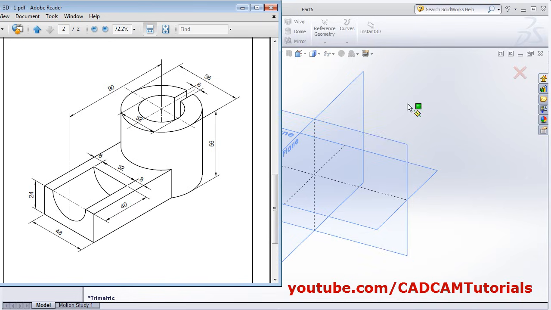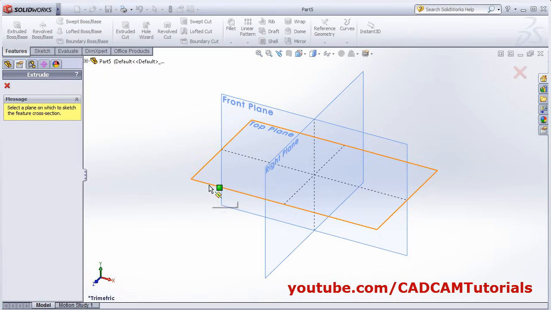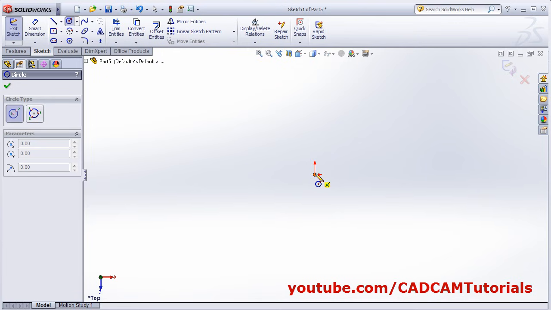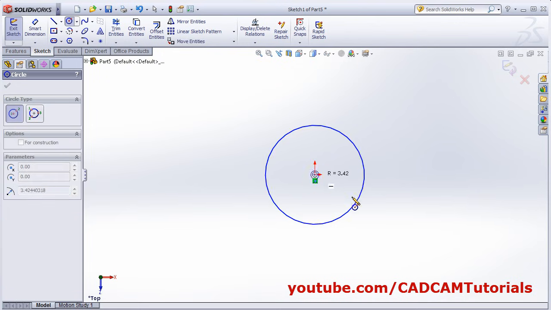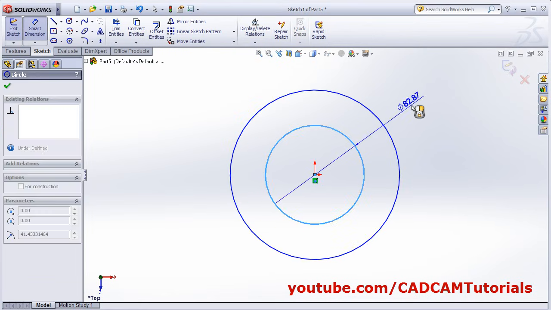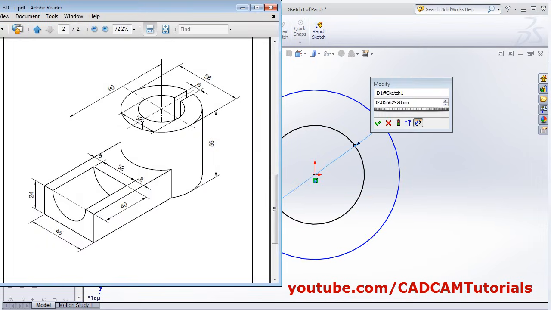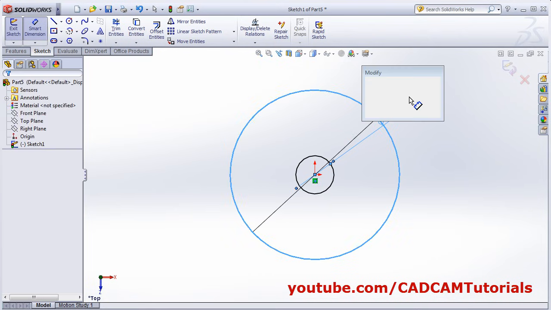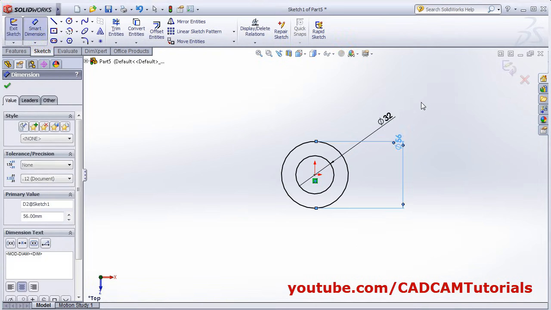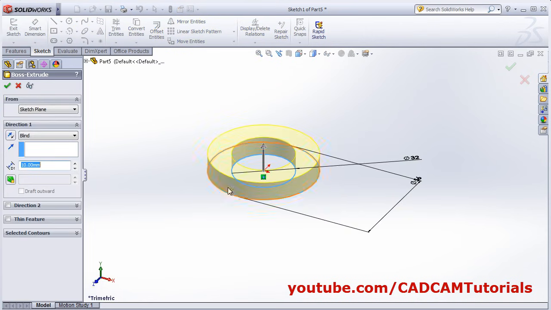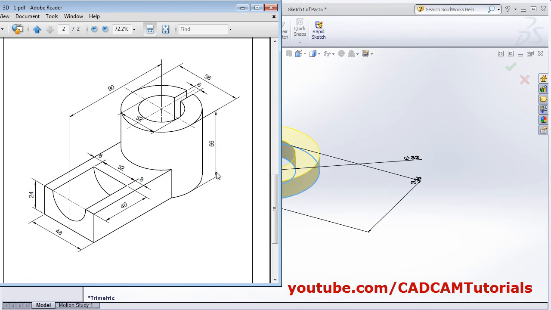We want it to be horizontal, so we will select this top plane, then we will create two circles, then smart dimension, give the dimension to the internal circle 32 and the external is 56. Then click on this button, then give the height is 56,